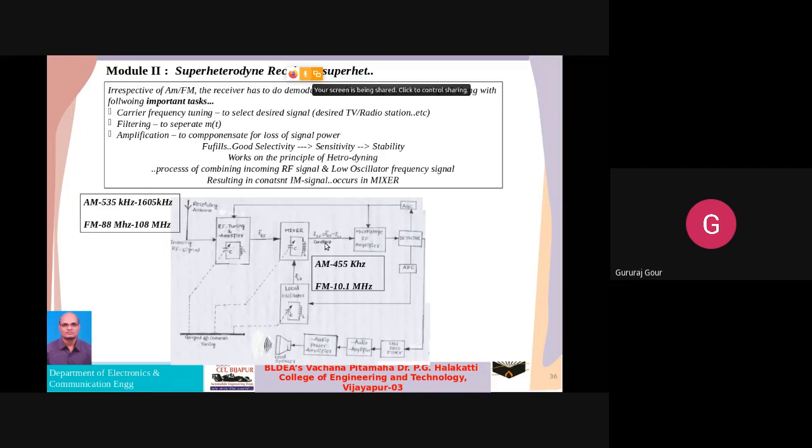All of you listen here carefully, very important point. By generating this intermediate frequency, the mixer is directly converting your incoming AM or FM or RF signal into a signal whose frequency is neither related to the incoming carrier frequency nor related to the local oscillator frequency. It is less than the incoming carrier frequency, but more than the local oscillator or message signal frequency.